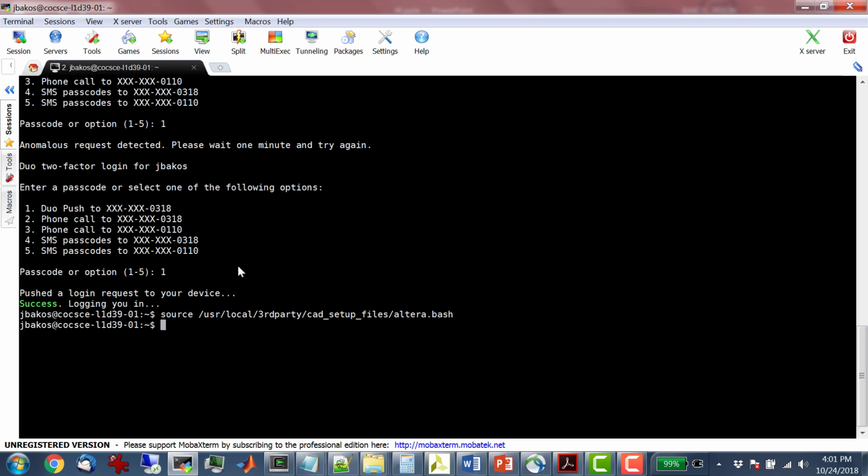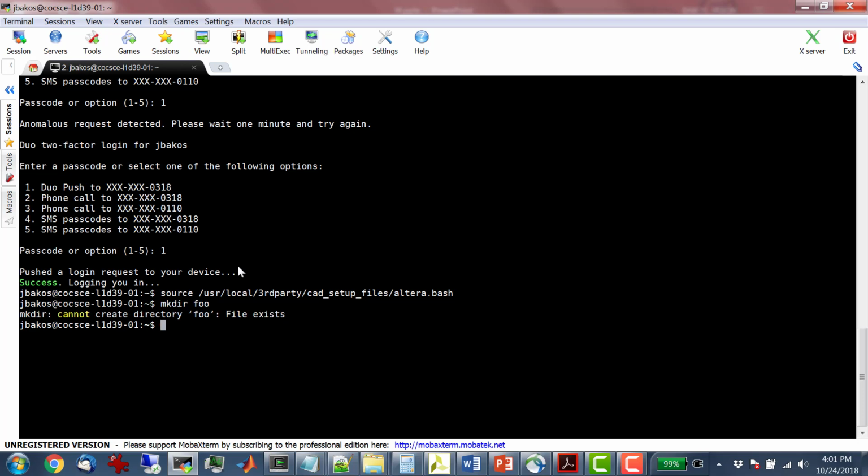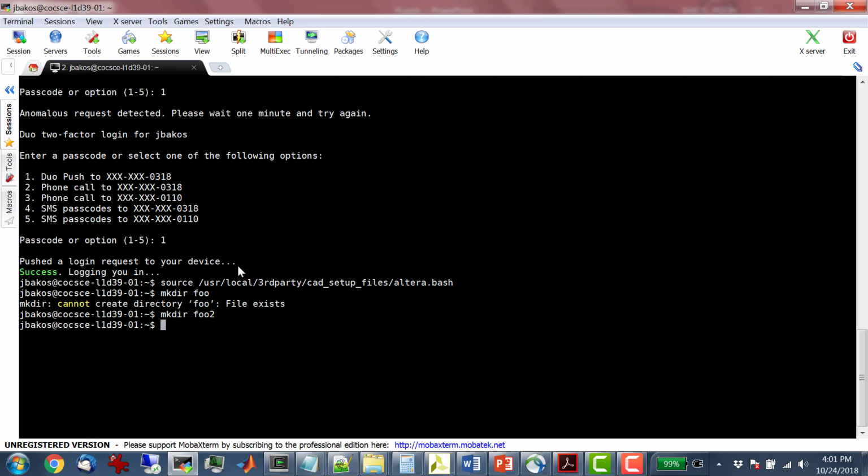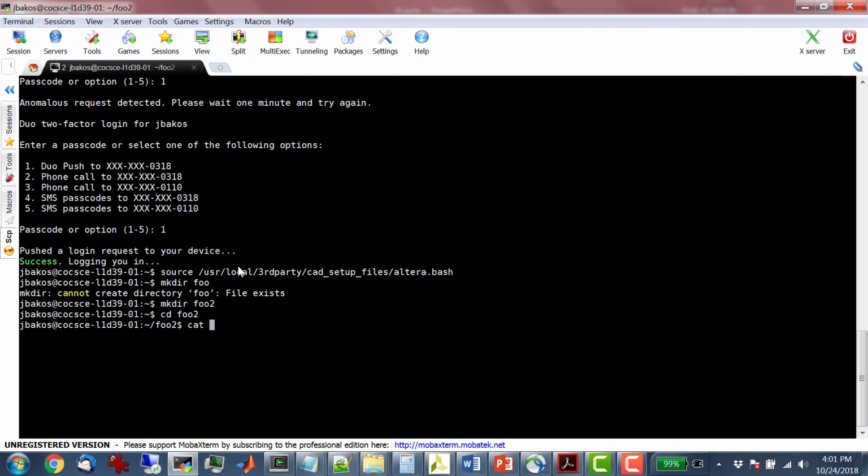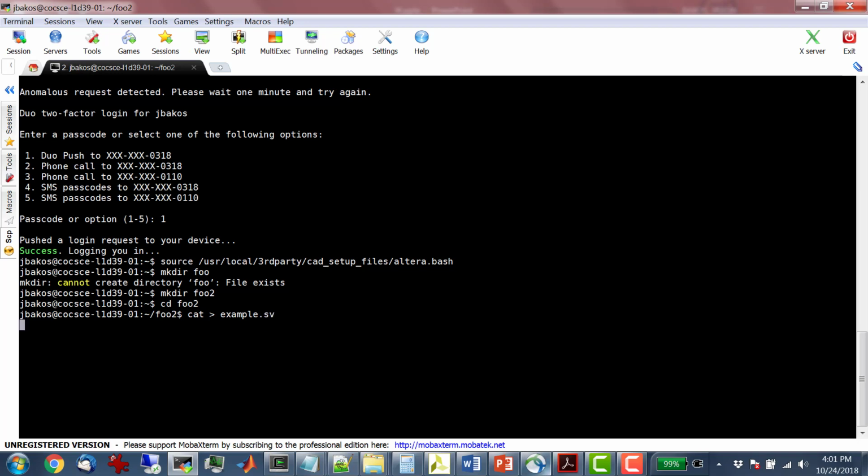Oh, already got that. Foo2. Yes, there we go. Foo2, and then I will create example.SystemVerilog. I'm just going to go over to the slide, copy this and paste it in there. And there's my file,